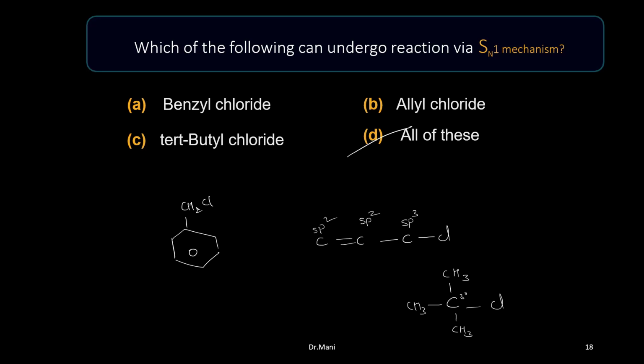One thing you need to remember, it should be able to give the stable carbocation. Why should it be a stable carbocation? If it is unstable, then it will want to make a bond with someone else immediately. But we know this is a two-step reaction where the first step is the rate determining step. That means it has to slowly form the carbocation and it has to stay for some time